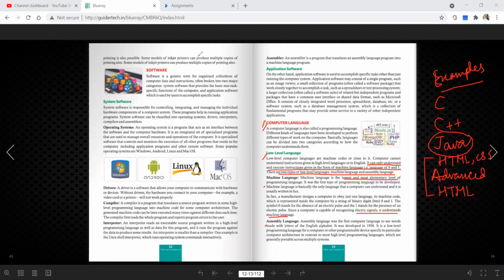Next is assembly language. Assembly language was developed in 1950, a low-level programming language for computers or other programmable devices. Only up to this you have to read.